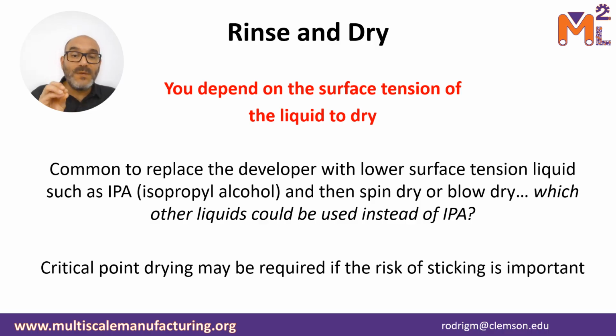So always check the surface tension of the particular solvents that you're using. You want to reduce that surface tension with respect to the substrate and the SU8 in order to facilitate the drying. Sometimes you might actually require critical point drying if the risk of sticking is important,